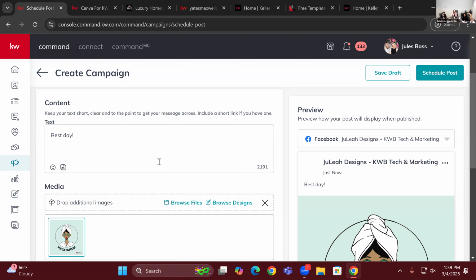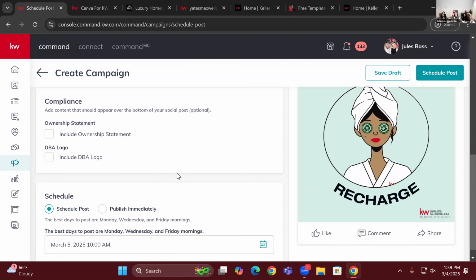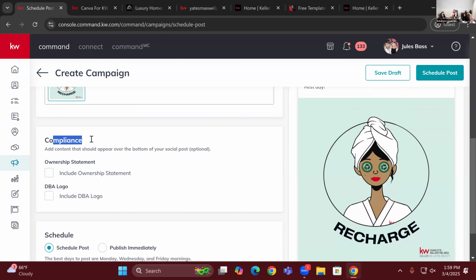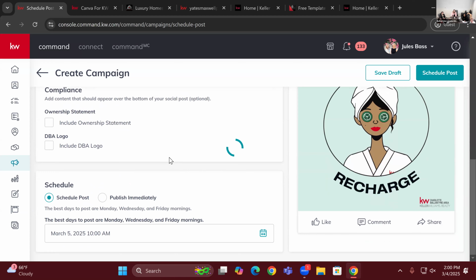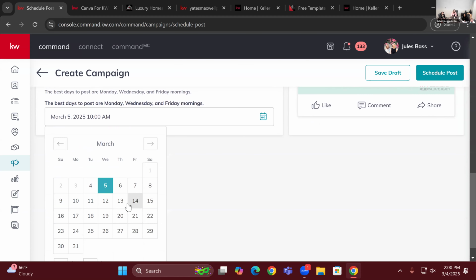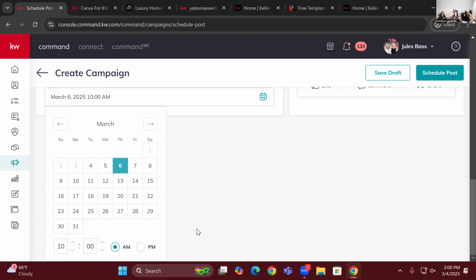So once we have our content that we just grabbed in here, just a heads up, if you're doing this through the Command section, there's gonna be an extra option to add our logo right through here. I already added mine, so obviously I wouldn't wanna do that. But here we could either publish immediately or pick a day and time, and post that out on a specific day or time.